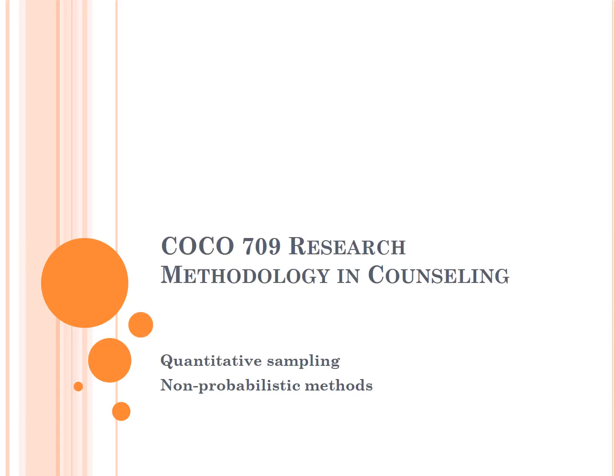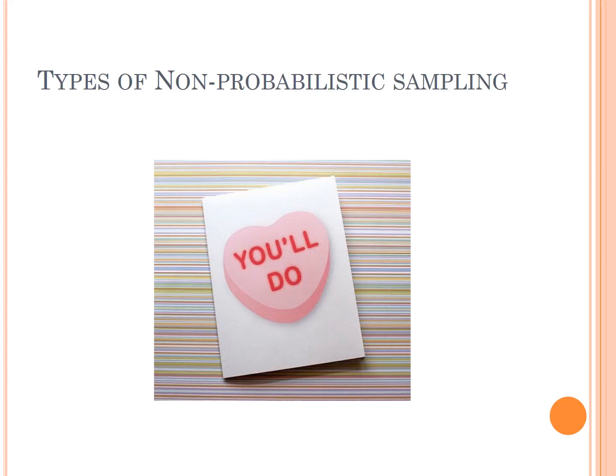This lesson will focus on quantitative sampling non-probabilistic methods. There are two main types of non-probabilistic sampling methods. Recall that non-probabilistic sampling methods are those methods which do not use randomness or chance to select people, but instead use things like availability